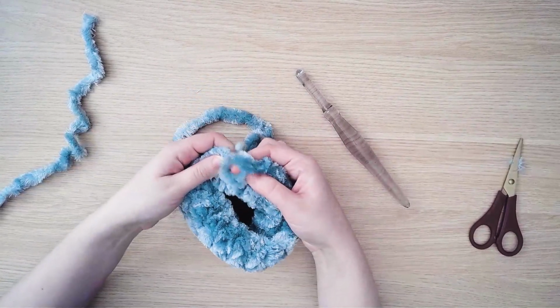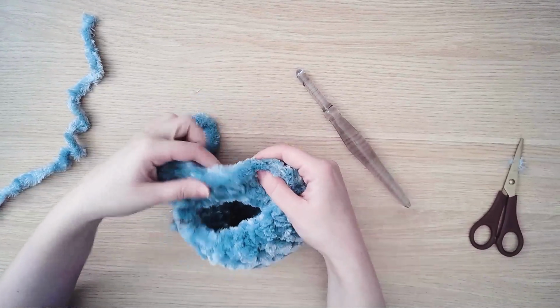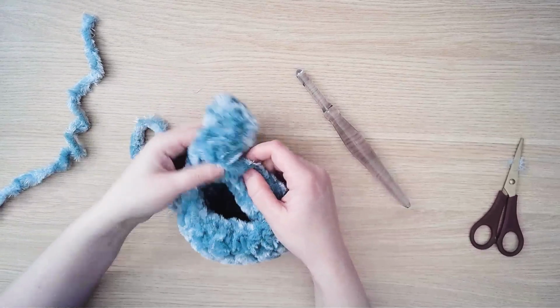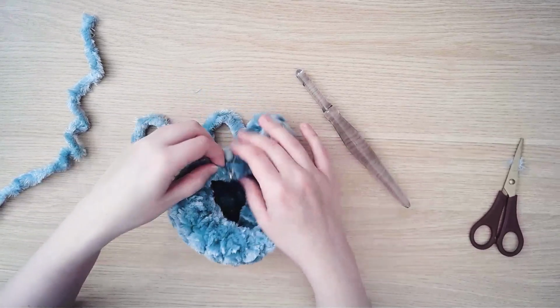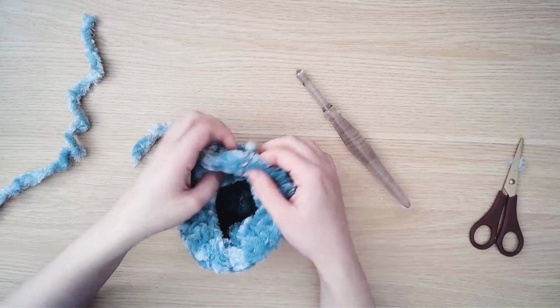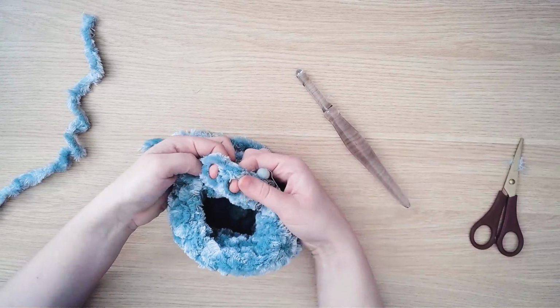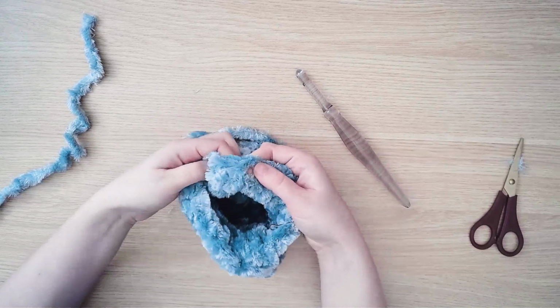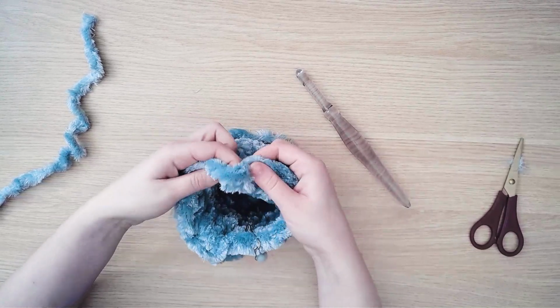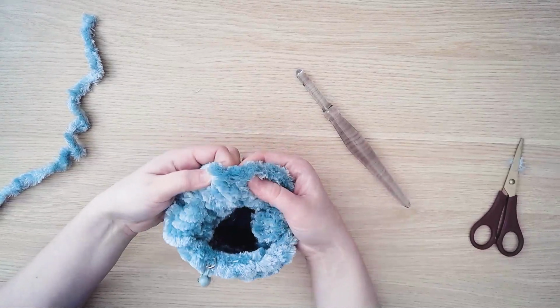Now we're going to go back to the body and just kind of looking at the stitches, we're going to see where the rest of the tentacles are going to go. So you had 16 stitches for your last round, and you're going to be using 2 stitches each to create your tentacles. So the next tentacle will go 2 stitches to the left, and after that, the 2 stitches after that, 2 stitches after that, 2 stitches after that,